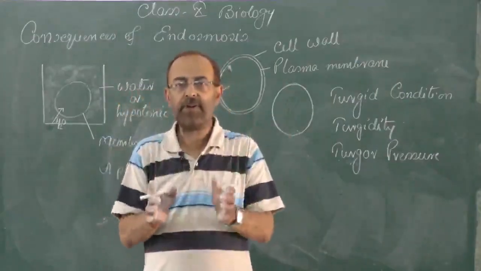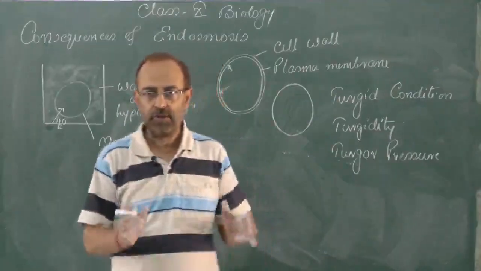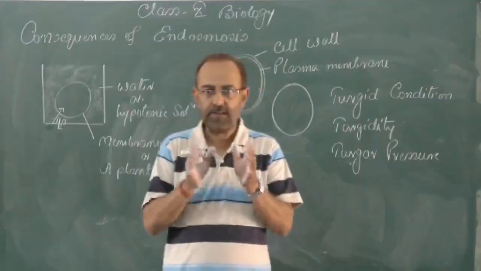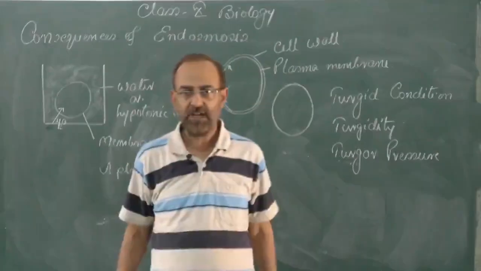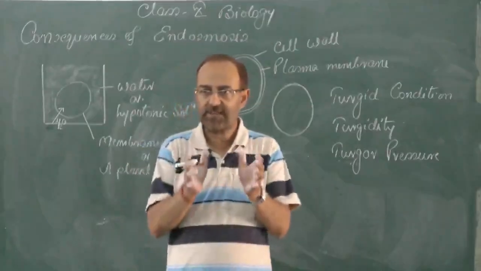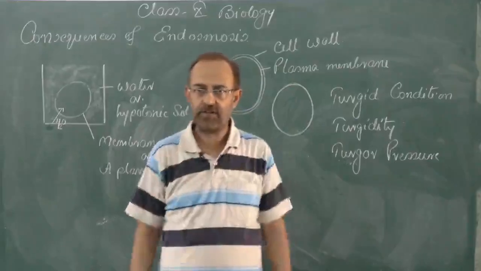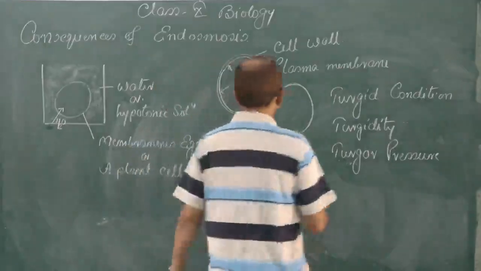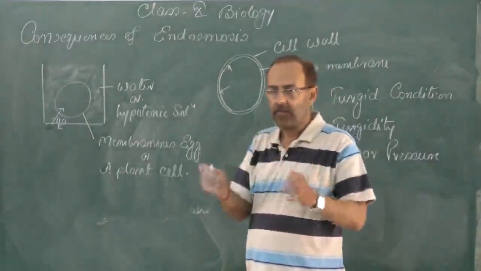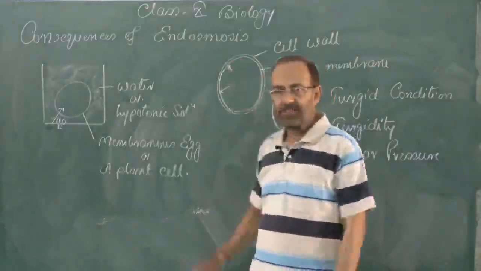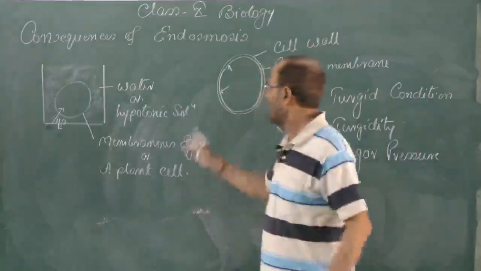Because plasma membrane is experiencing some pressure from within the cell, that is from the protoplasm of the cell, as a result of which, as a result of this force or the pressure, the plasma membrane gets stretched. And when the plasma membrane after stretching comes in contact of the cell wall, then the protoplasm along with the plasma membrane